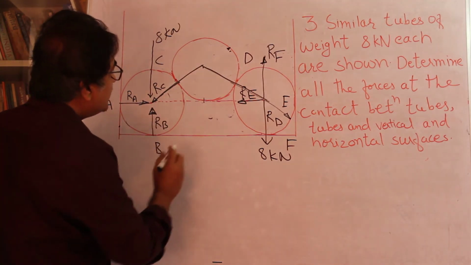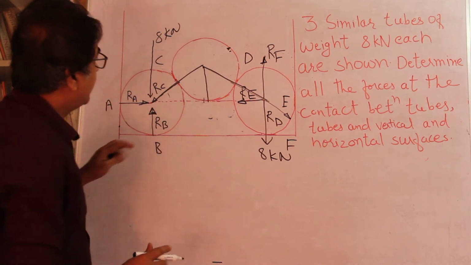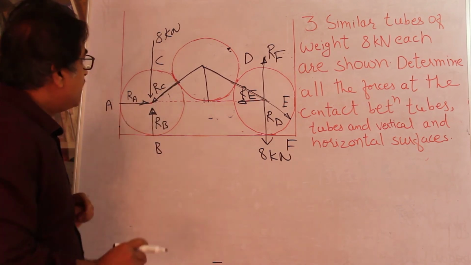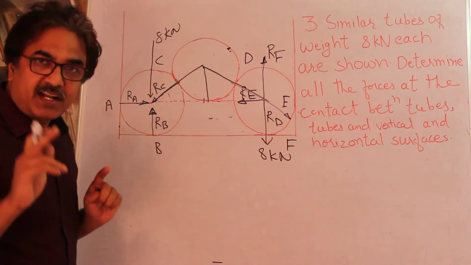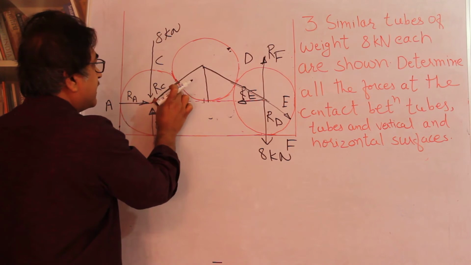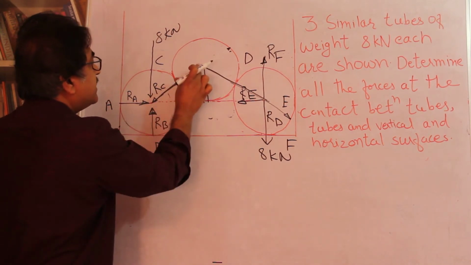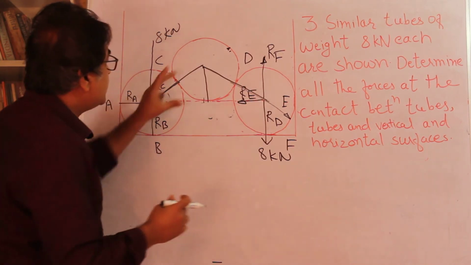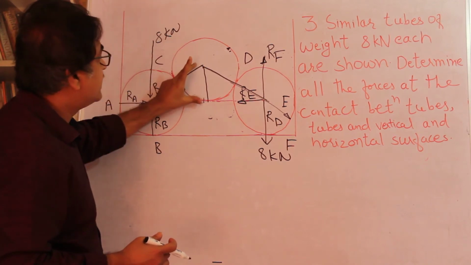okay, so look at this, and if you draw a line here, so you have a triangle, and this is half of that. See, look, you are not given any dimension, but what you can immediately find out from this is this length is double this length, right? This plus this, because all the circles, all the tubes are similar. That means this is the radius, this is the radius, this is the radius, this is 2r, this is r,